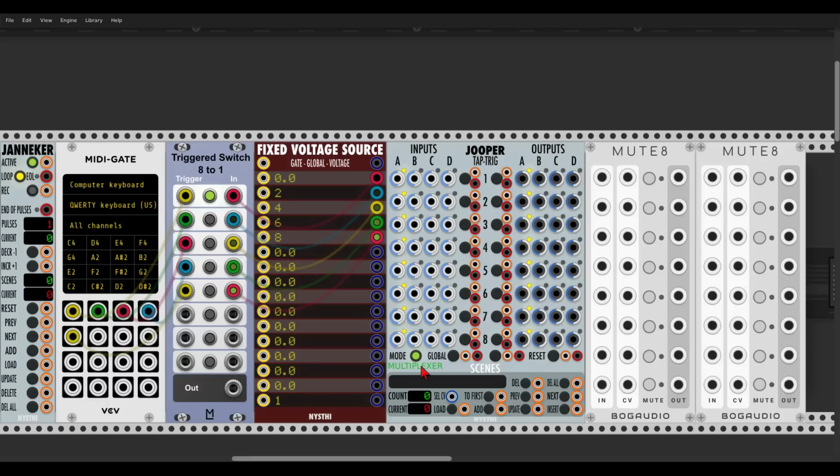Now in multiplexer mode, we can set different combinations for each one of the rows. So if I have now A active, if I click once, B will be active. If I click another time, A and B will be active. If I click once more, C will be active. And now A and C, B and C, A, B and C, just D, A and D, B, D, C, A, B, D, C and D, A, C and D. And you can see we can create all sorts of combinations,